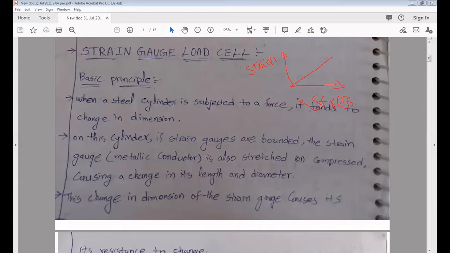If the sitting capacity of the bus is just 100 members, but we load, for example, 150 members, there is a little bit of distance between person to person. But after a few minutes we load 200 members. Then what will happen? The distance between person to person is very less, and there will be a lot of stress between them. Because of that, all the people in that particular bus will get a strain.